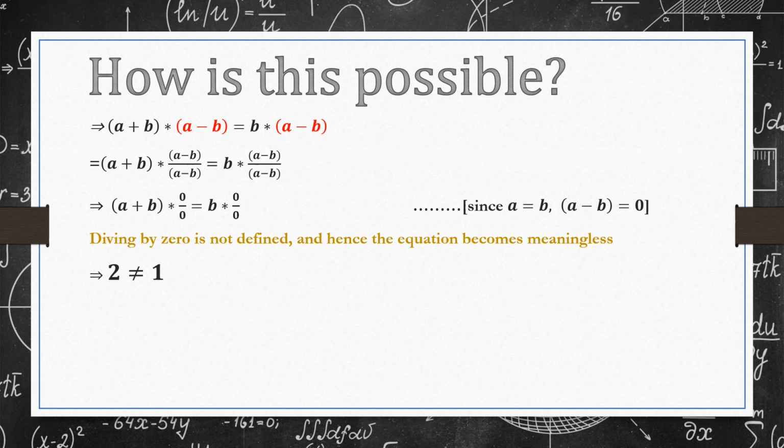Yeah, so that was so simple. Just the small mistake we made was not considering a minus b as 0, and the small mistake gives us bizarre proofs that 2 is equal to 1. That's what happens in mathematics. Even a small change can lead to very different results. That's what you have to take care of always in mathematics, that even a variable doesn't go wrong, because that can give you very different results from what you expected.